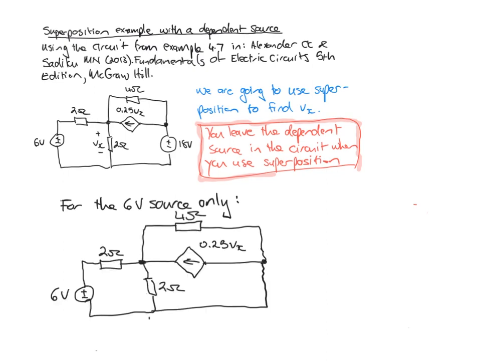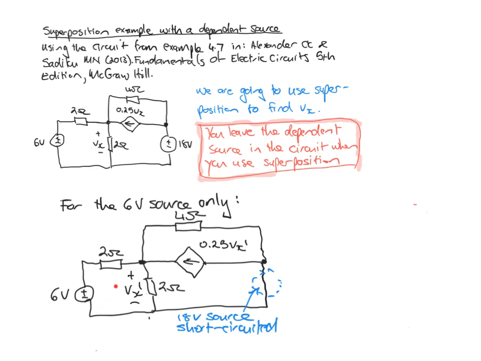We're going to call this quantity Vx dashed because it's the effect of the 6-volt source only. You'll see we've left the dependent source in, so this is now 0.25 Vx dashed. And then you'll also see that over here we've omitted the 18-volt source by short-circuiting it. So we've got the 18-volt short-circuited. And now if we look at the circuit, we can see that we can probably simplify it a bit